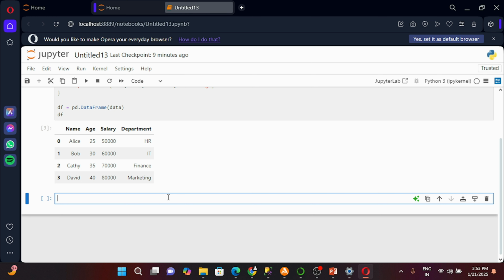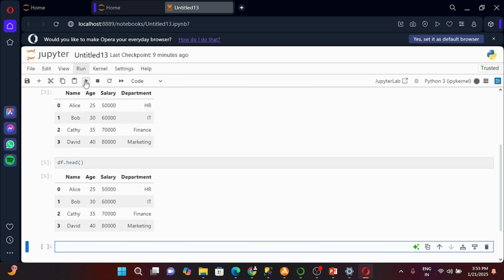The first method that I'm going to see is df.head, right? Let me quickly see how it works. df.head will display the first 5 rows, right? In this, how many rows do we have? One, two, three, four. 4 rows are there. So it displays the first 4 rows. If you want to display 2 rows or 1 row, it will display accordingly. Suppose I want to display only 2 rows, so it is going to display only the first 2 rows.